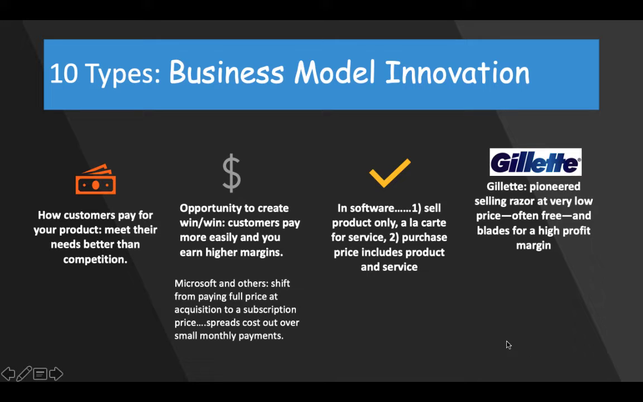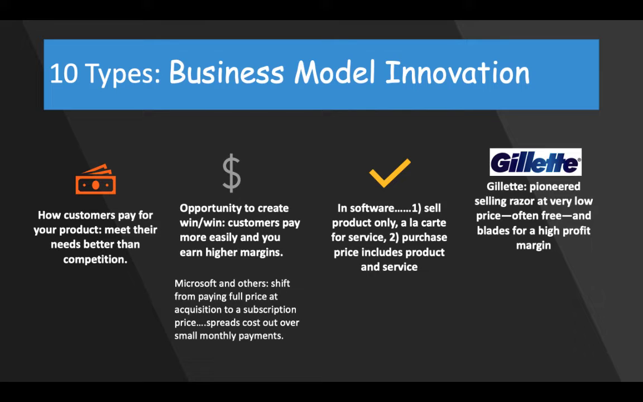So in software, there are people that have different business models. One sells the product only and service a la carte, and then others have a purchase price that includes the product and service. And these can be two competitors for essentially the different types of products. So there are a lot of options for business model innovation. A lot of people haven't thought of this for a long time. I know in my early years I didn't see this necessarily, but it's turned out to be, for many people,